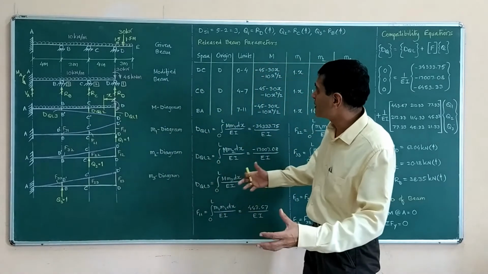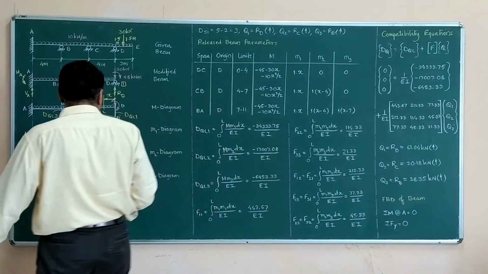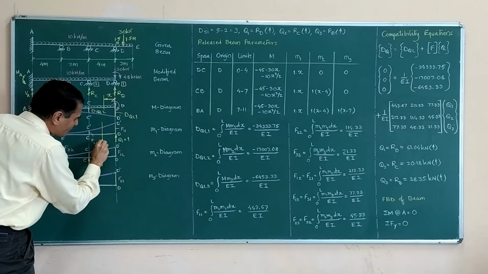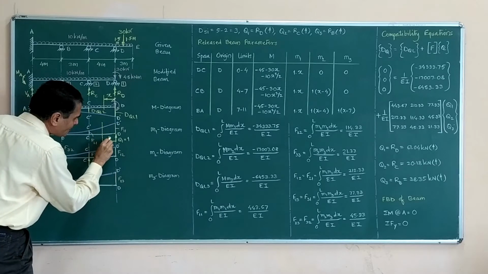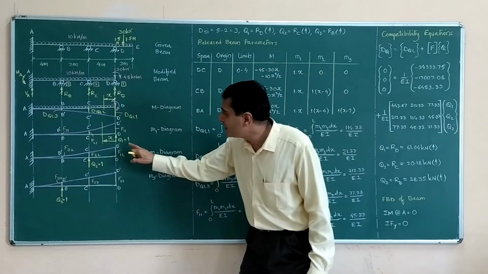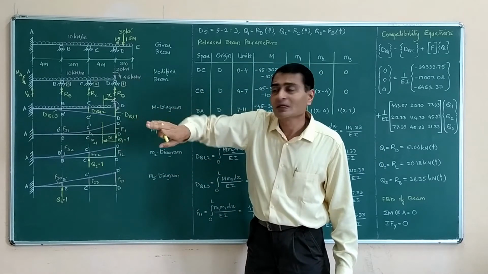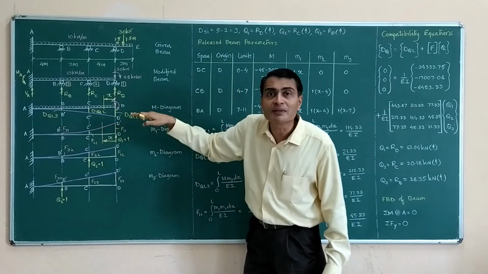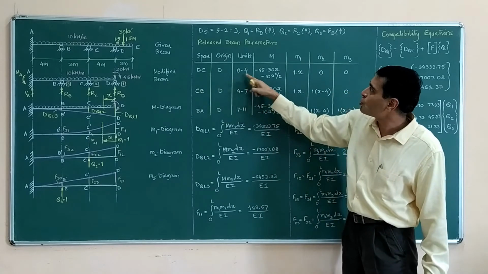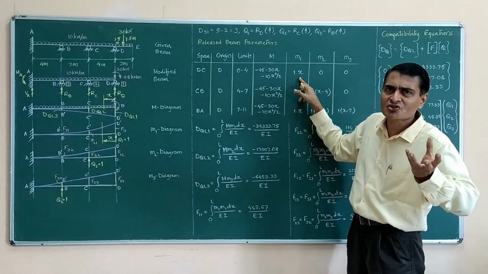Great. Let's proceed to M1 calculations. Now my focus is here, and let's say I am showing one section here. This distance is x. How much is going to be the bending moment? It is going to be 1 multiplied by x, sagging. You are observing sag here throughout the beam. So I am writing in span CD, limit 0 to 4, bending moment is 1 into x, that is x. You may just write x.